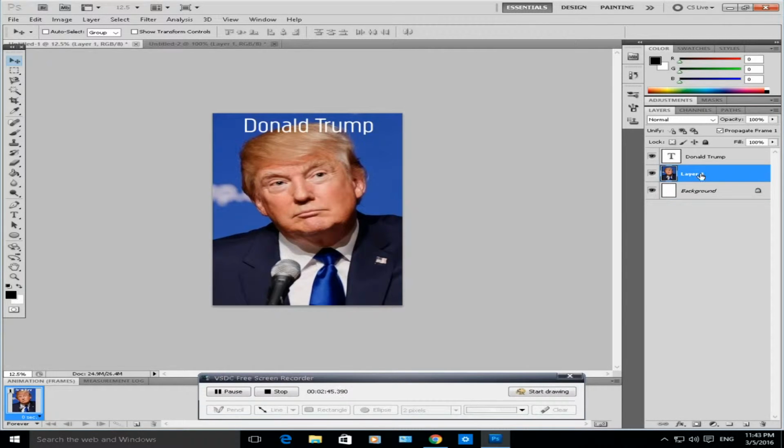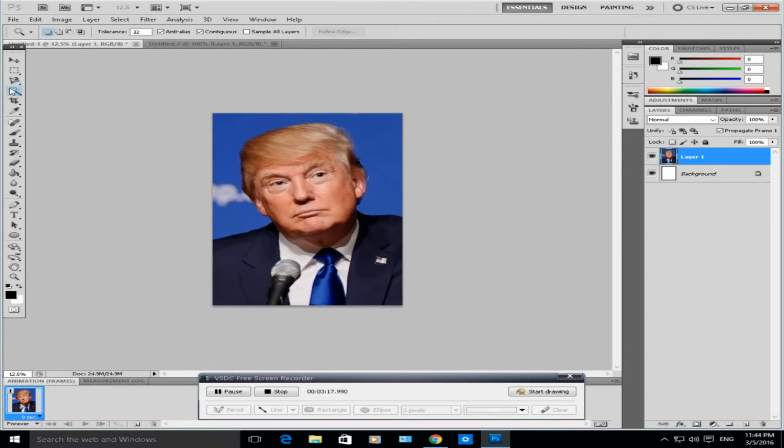You'll notice you've got the background layer at the bottom, layer 1, which consists of Donald Trump's picture, and on top of that, totally independent to the background layer and Donald Trump's picture even, is the text that says Donald Trump, and I can move that independently to the picture if I select the right layer. If I wanted to move Donald Trump's picture, I select the layer it's on, and just move it independently to everything else. So let's delete the writing for the benefit of this video